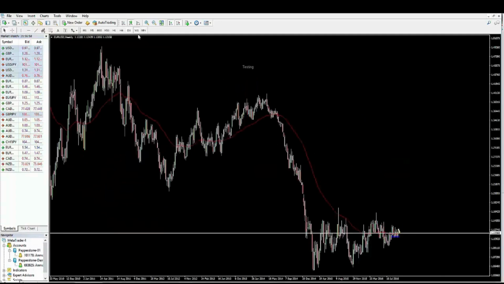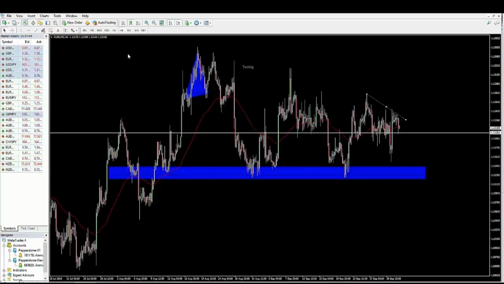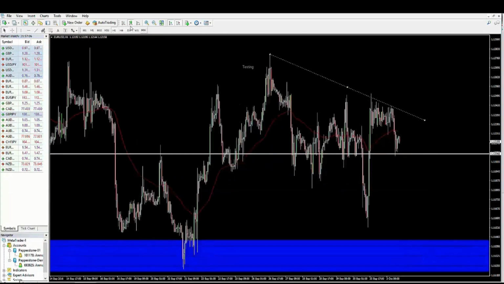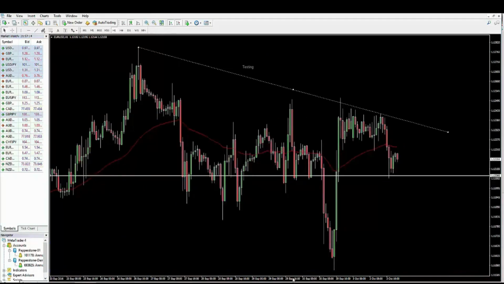W1 is the weekly chart, right? D is the daily chart, where each candle is one day. Go to the 4-hour chart, each candle is 4 hours. Each candle is an hour, and that's how you manipulate this whole area. Okay, to zoom in and out, you can just click zoom out, zoom in, or you can even drag this